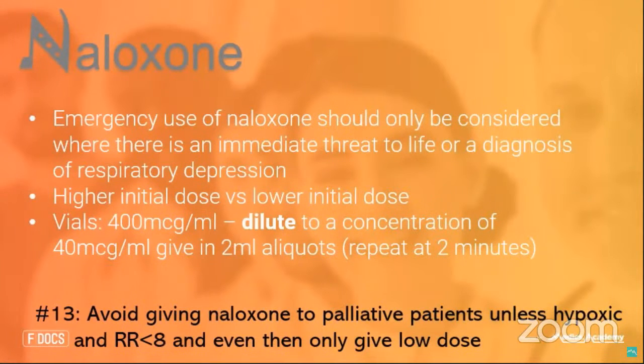So back about 6 years ago, NHS England became aware of a few patient safety incidents relating to palliative care, chronic opioid users having naloxone and having serious effects. In fact, there were 2 cases of death reports from those patients. And the important note here is that there are 2 different opioid regimes.